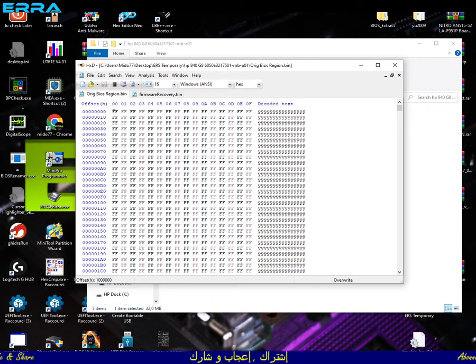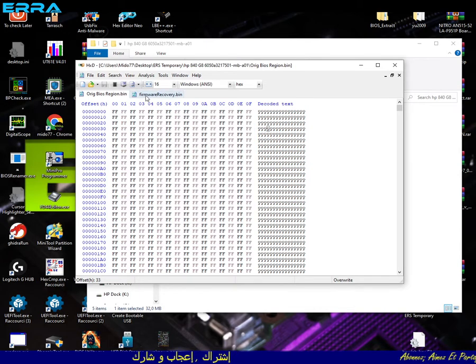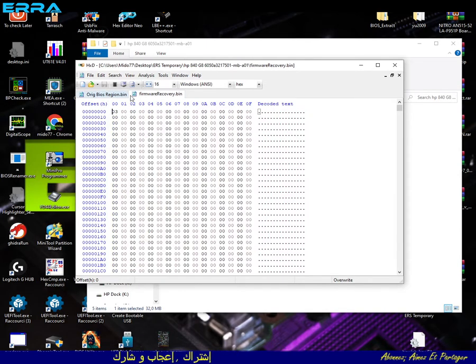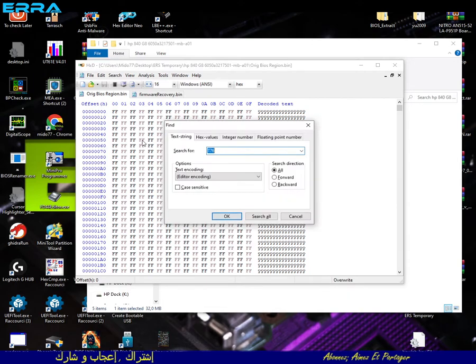As you can see, we don't have any data to copy from the beginning, and if we copy these Fs, we will get a lot of results in this firmware recovery. So what we should do is simply Control F and type here